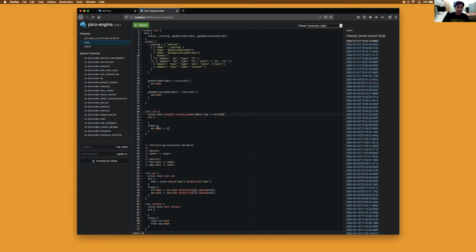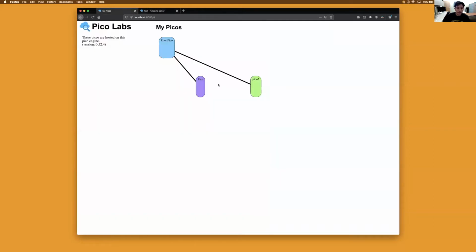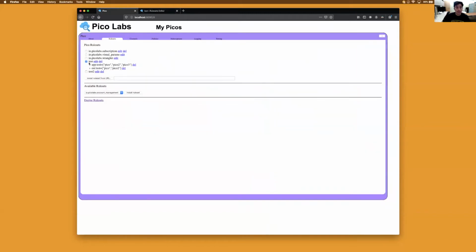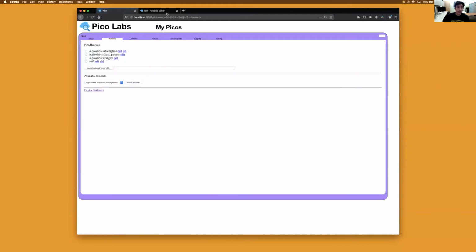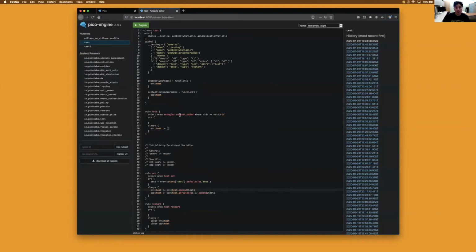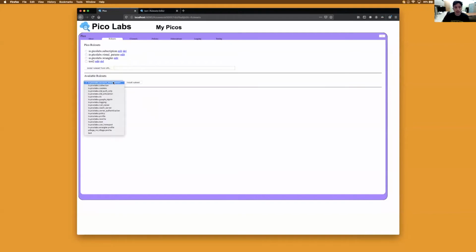And this is perfect because then in the postlude you can have the entity variable test set as the empty array, and that can take care of cases where you don't have to do this anymore. Get rid of that. I'll register it, and I'm going to have to delete this rule set, because remember, this is raised when the rule set's added. It was already added, so there's no way I could initialize it after it's been added. So I delete it. Now I'm going to install it again,